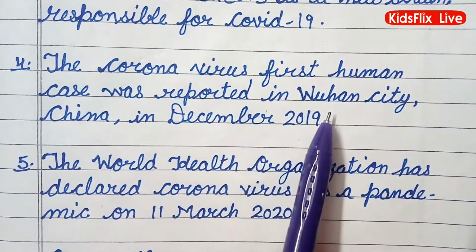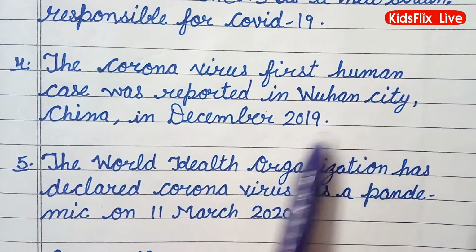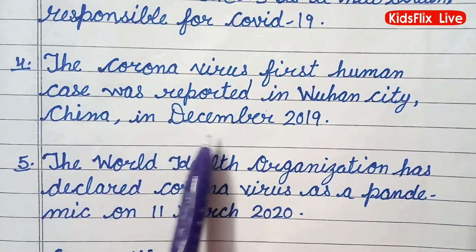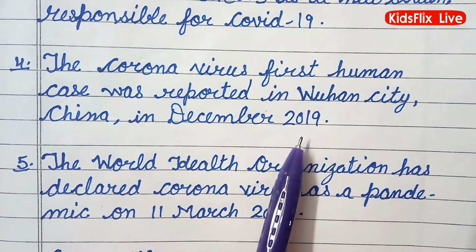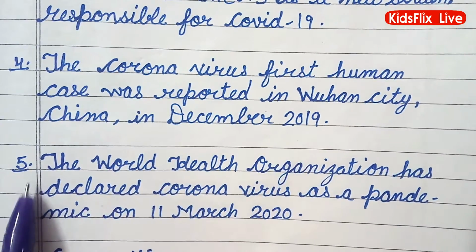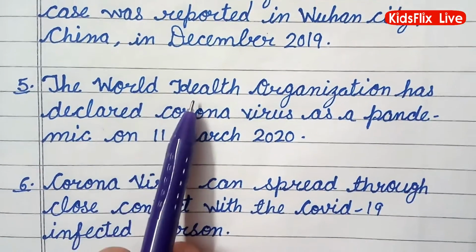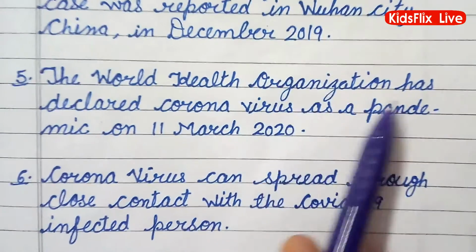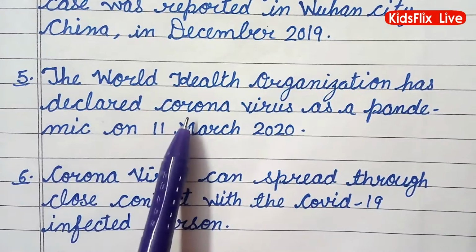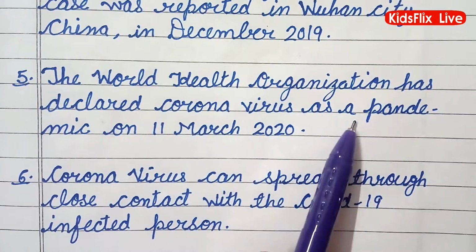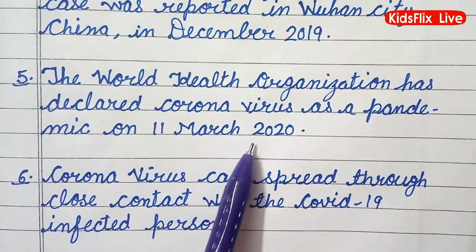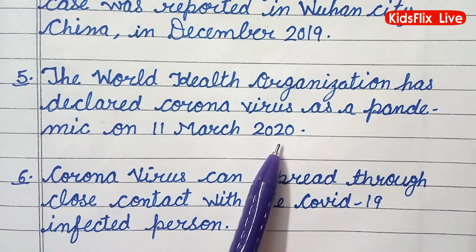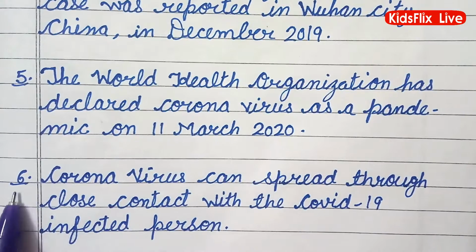reported in Wuhan City, China in December 2019. Next line. The World Health Organization has declared coronavirus as a pandemic on 11th March 2020. Next line is